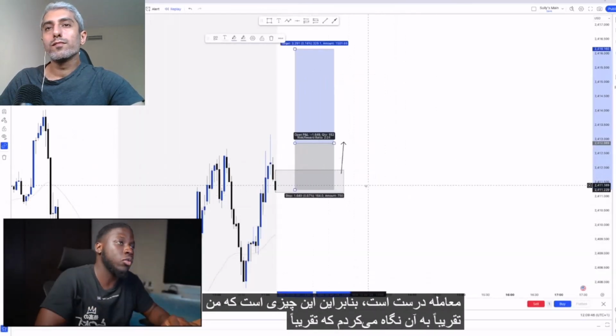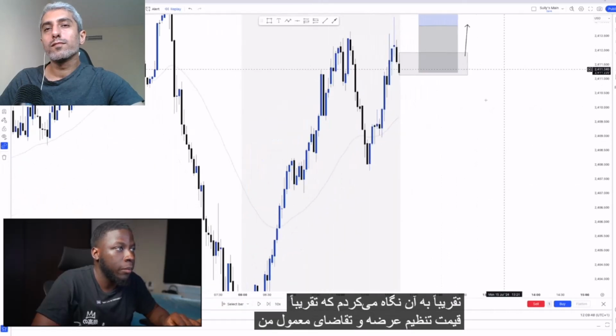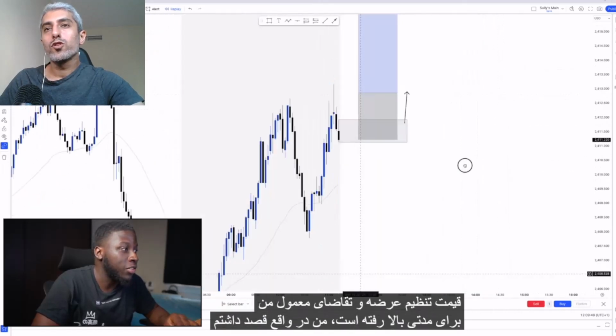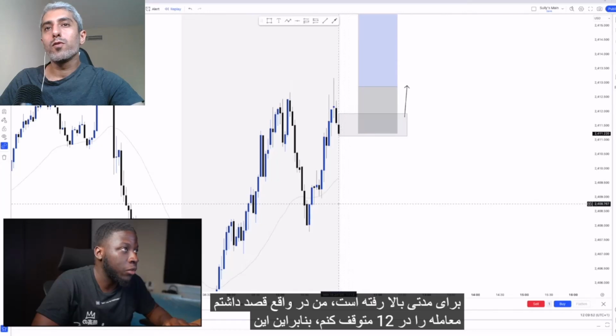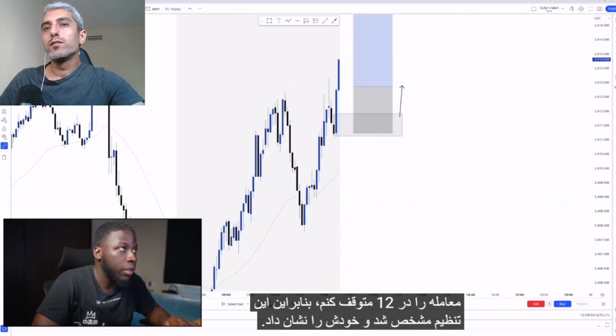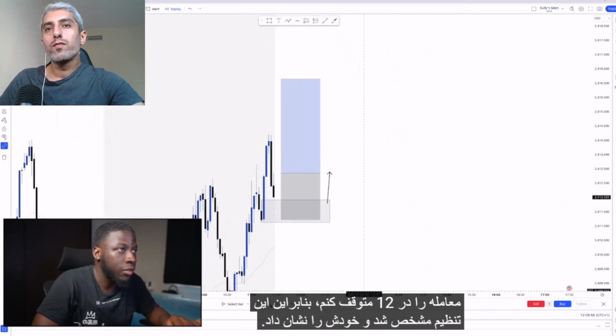Pretty much my usual supply and demand setup. Price has been pushing high for a while. I was actually going to stop trading at 12. So this setup played out and showed itself at,